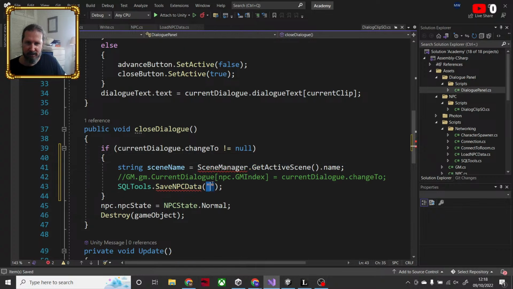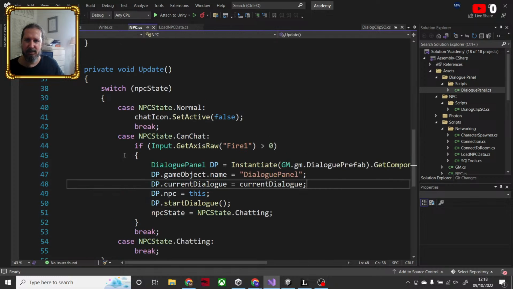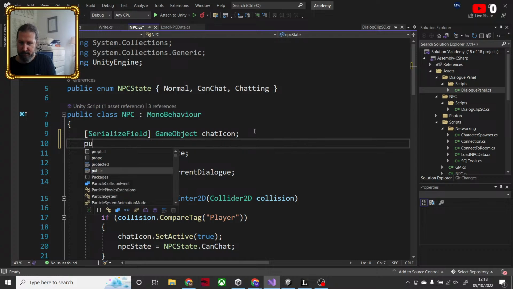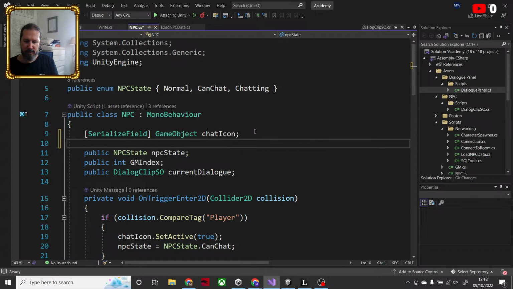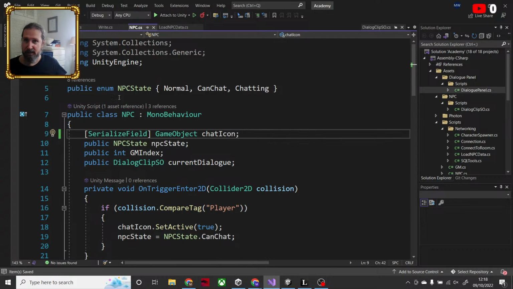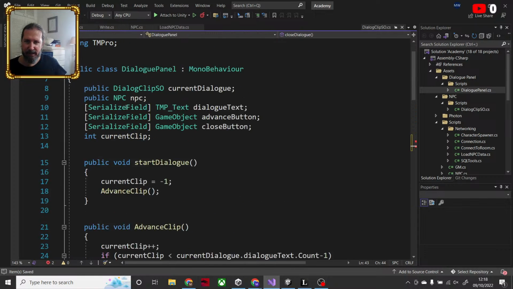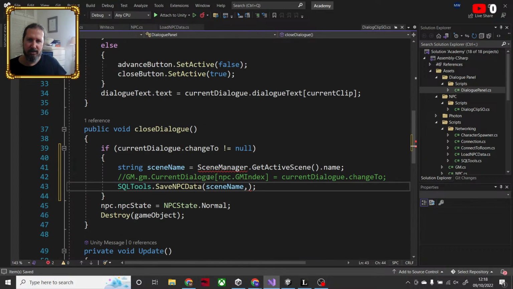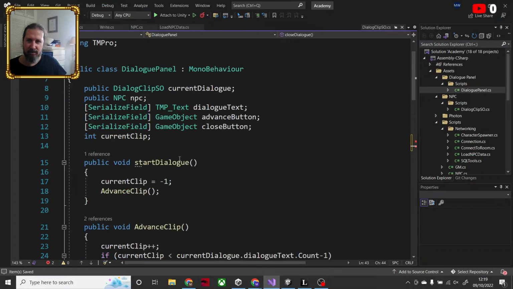I'm passing in the scene name, comma, NPC. Do I have, I want to say, well, it's the game object. So the dialog saved my NPC. Where was it? There it is. So I'm also, oh, right.